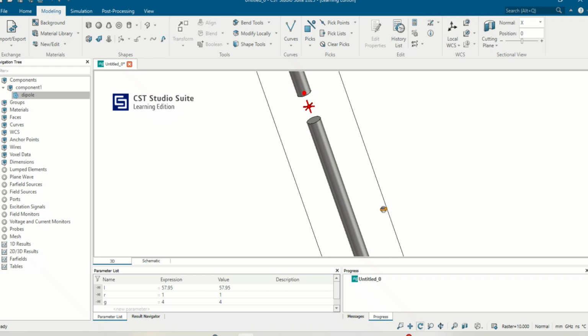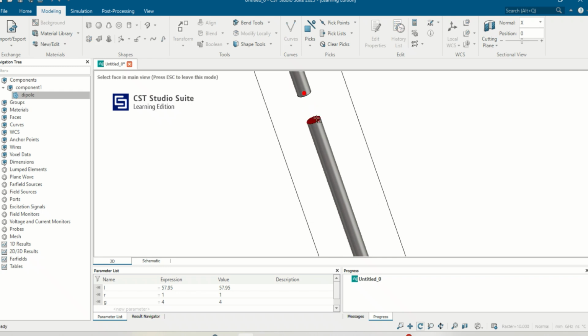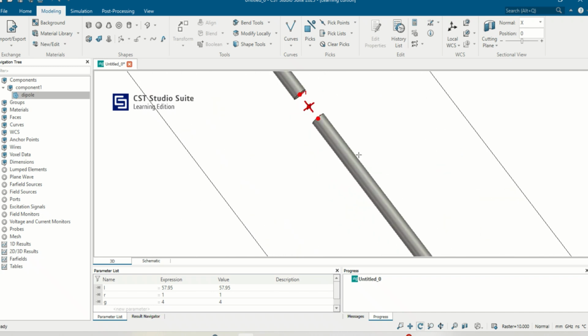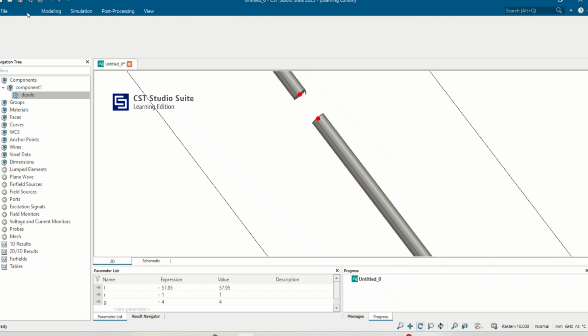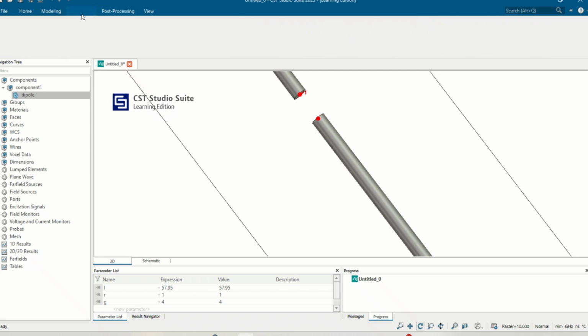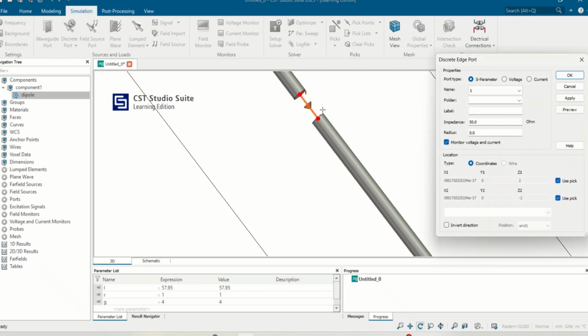So I have clicked the A and taken the midpoint of these two face centers. So I have taken the face centers of two cylinders. Next thing is I have to assign a discrete port to that. So I am assigning a discrete port, and we have seen that the radiation resistance of dipole antenna is 73